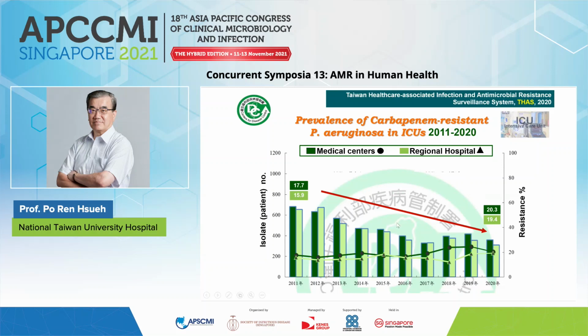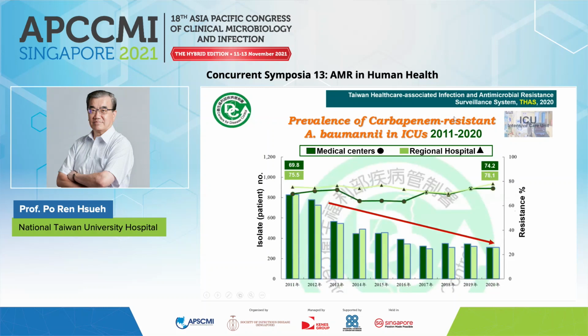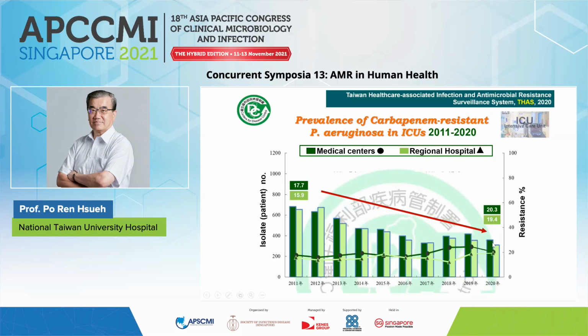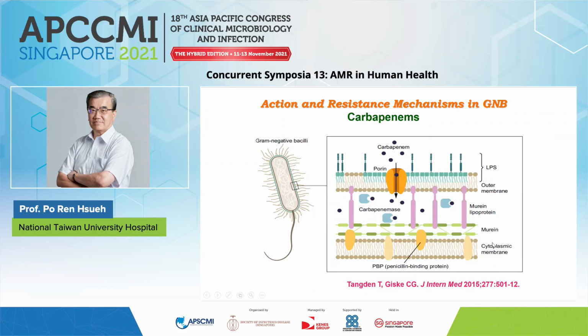But you can see here the number of ICU patients who got carbapenem-resistant Pseudomonas aeruginosa is actually decreasing. This situation is very similar to carbapenem-resistant Acinetobacter baumannii. Even though the rate is high, the number of ICU patients who got carbapenem-resistant Acinetobacter is decreasing. So as for the resistance mechanism, particularly carbapenem resistance and XDR or PDR,